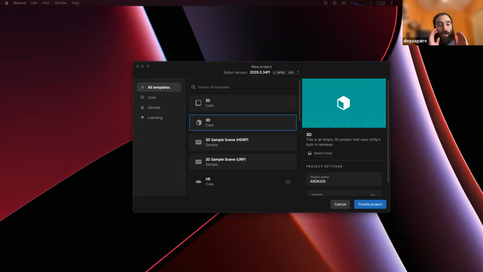Pretty much separate each environment, so you don't mix the Google ARCore files into your iOS project. This will save you a lot of headache in the future, believe me, because when we are working